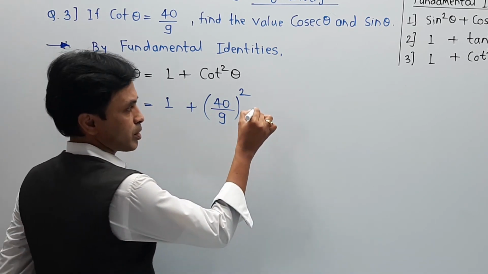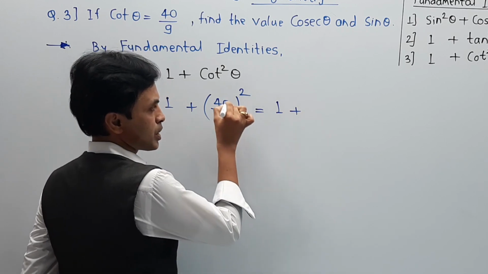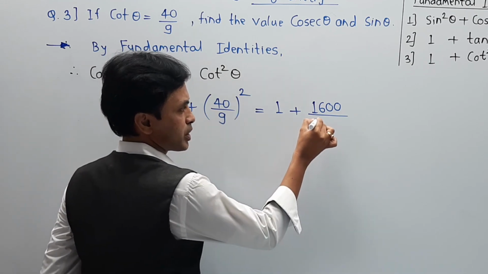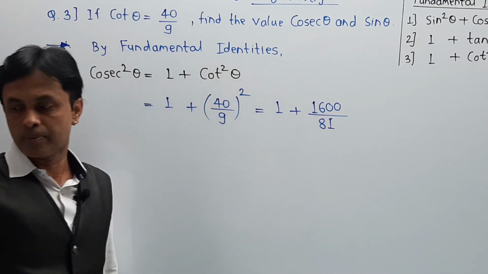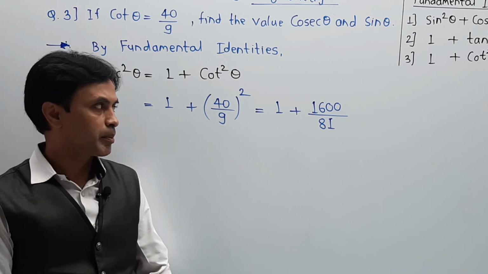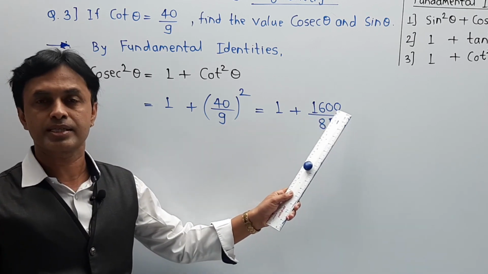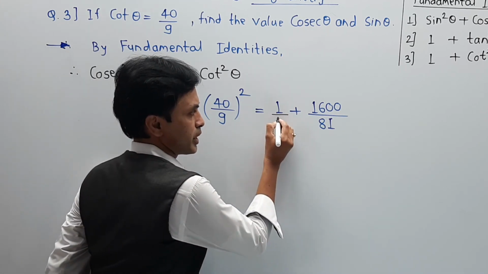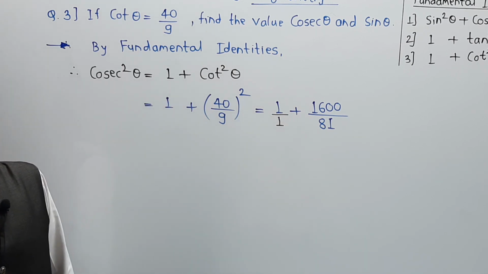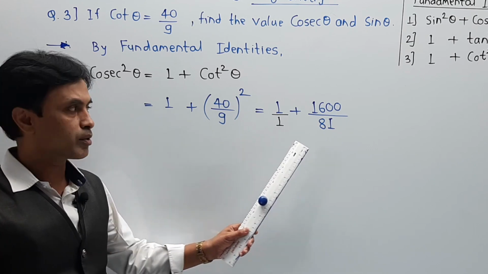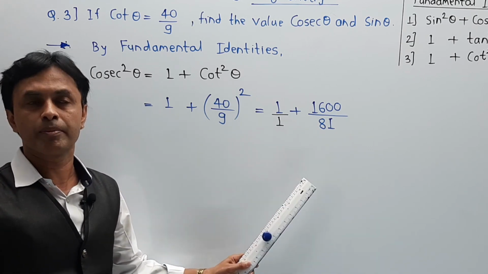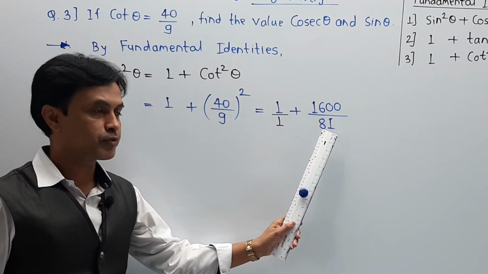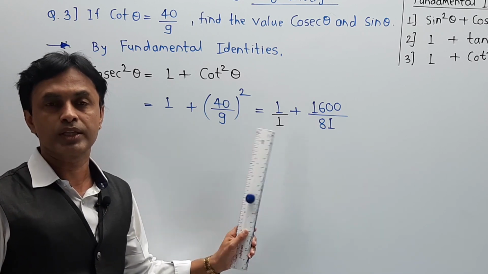Next, simplification. So I am writing one step over here, that becomes 1 plus 40 square is 1600. So 1600 divided by 9 square is 81. Up to this step you are very clear. Now the next part. Remember this is the step where 1600 divided by 81 plus 1. But if you observe, 1 is also containing a base, nothing but 1. Or you can say for every number, base is always 1. Now you have to make first base product and make a common base, and then cross product with the base. And after that you have to make addition. So the steps are: first 81 into 1, that becomes 81.